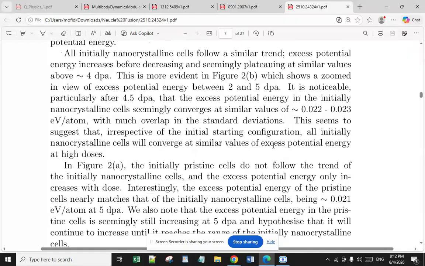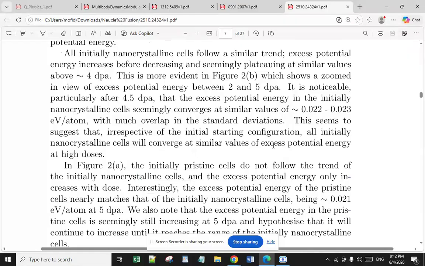All initially non-crystalline cells follow a similar trend. Excess potential energy increases before decreasing and seemingly plateauing at similar values above 4 dPa. This is more evident in Figure 2b, which shows a zoomed-in view of excess potential energy between 2 and 5 dPa. It is noticeable, particularly after 4.5 dPa, the excess potential energy in the initially non-crystalline cells seemingly converges at similar values of